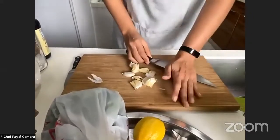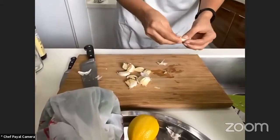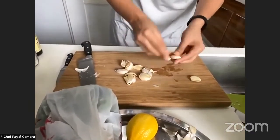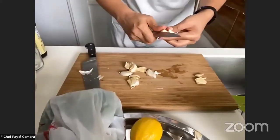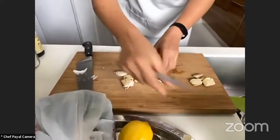I tried this technique the other day and it worked really well. Yeah, good. Here we go. See how fast that comes off? Without any fuss. Now we're adding 10 cloves of garlic to our chicken recipe, and we're adding about 6 cloves